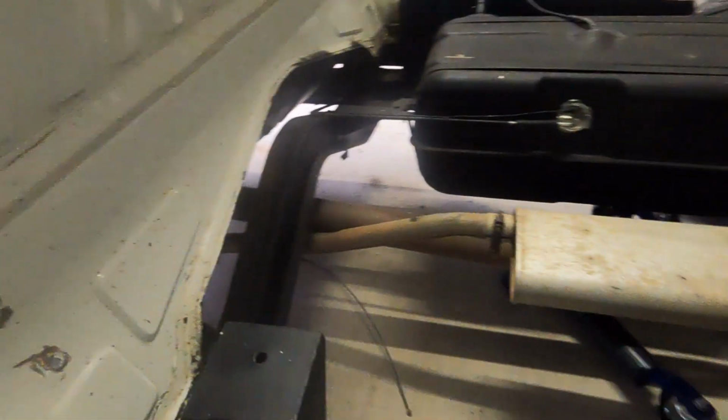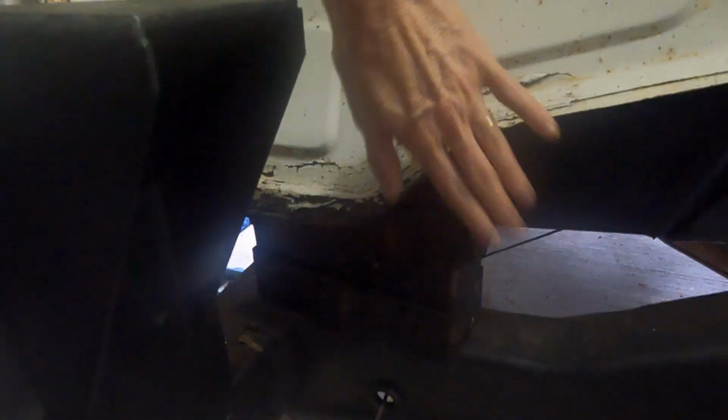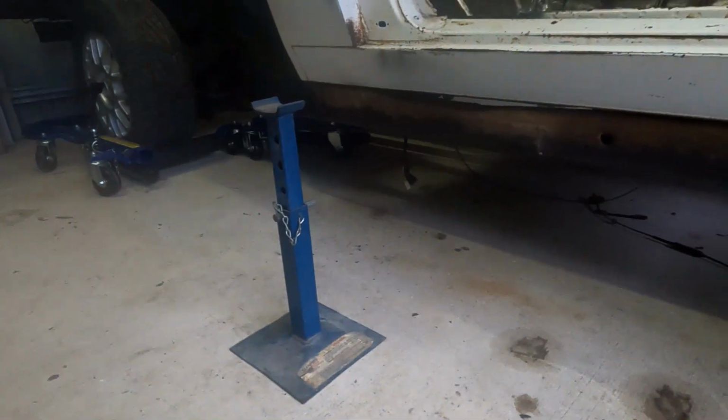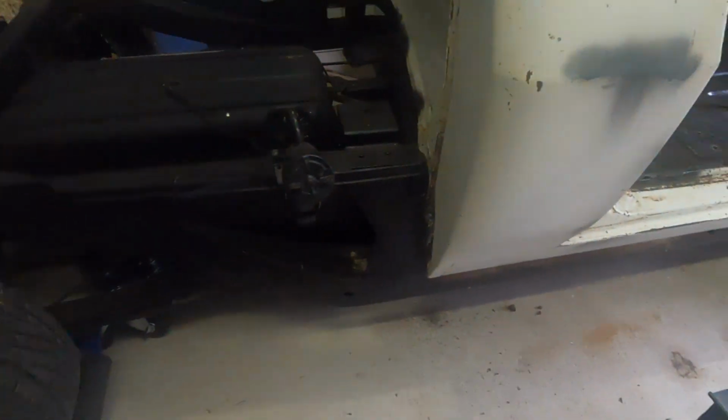So that at the front, and then at the back, just some old chunks there. That's not how it's staying, obviously. Pretty much I've got to get this cab high enough for it to clear the fuel tank, I think, or pretty much the fuel tank, but the highest point, or